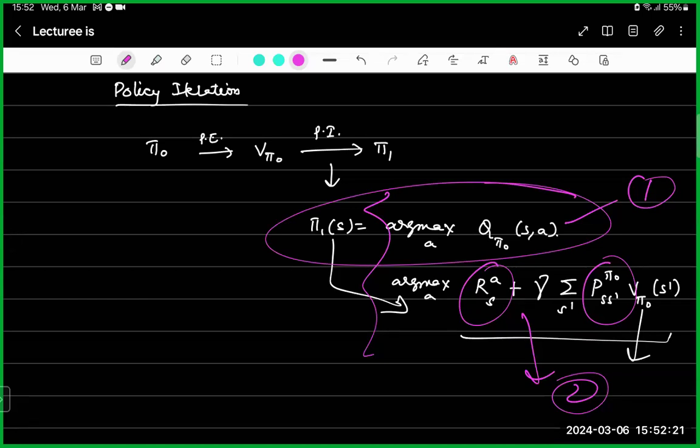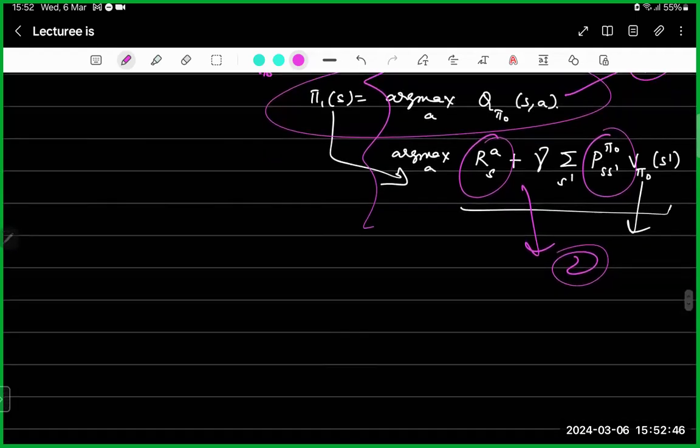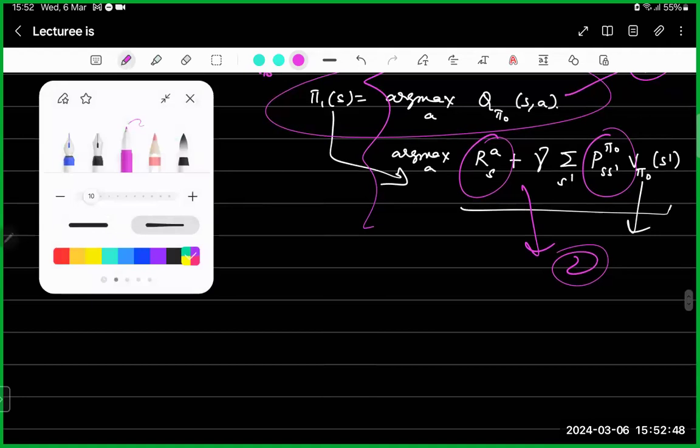Okay. So now we look at how we can estimate Q pi naught for a given pi naught. For a given pi, how to find Q pi in the model free setting. If you know that, then policy improvement is trivial for us. Because if you can estimate Q pi naught, then you can simply use equation one, which does not require any model dynamics. Okay. So let's try to understand how to